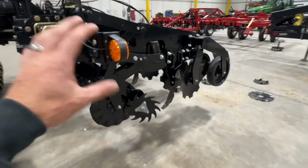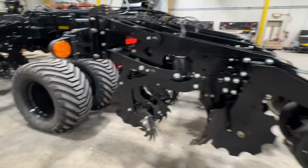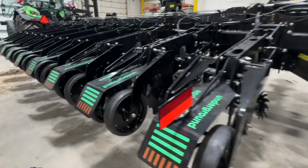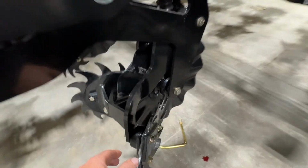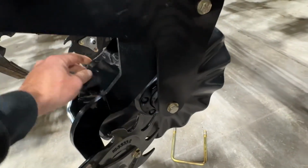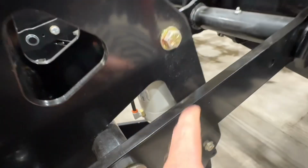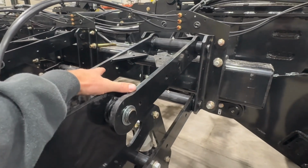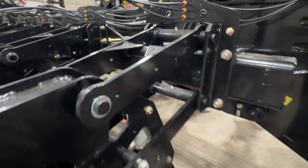So we're excited to get this project wrapped up and headed on the road, headed west, so that it can cover some acres. But let's dig into a few things, not only about the row unit, but the toolbar itself. On this unit, like maybe you've seen in some of the videos, we've got a front 18-inch blade. We've got trailing row cleaners that are, of course, on an air cylinder. We've got an airbag for down pressure,